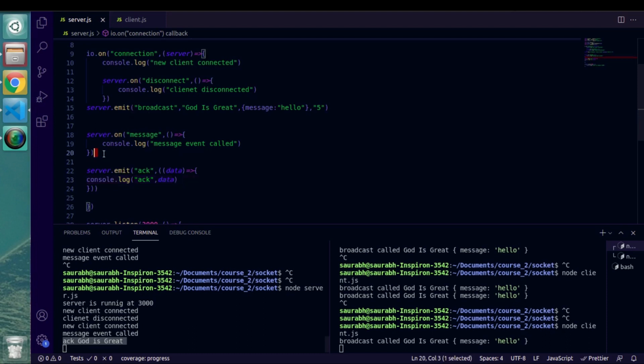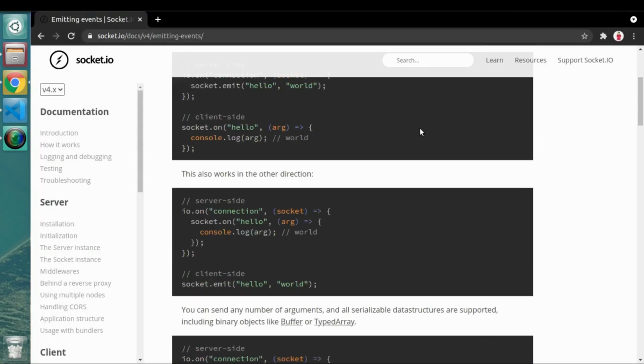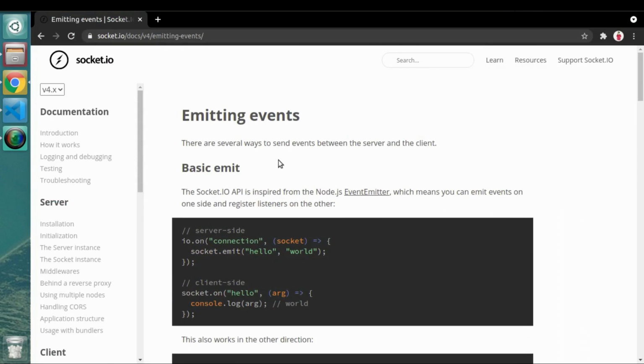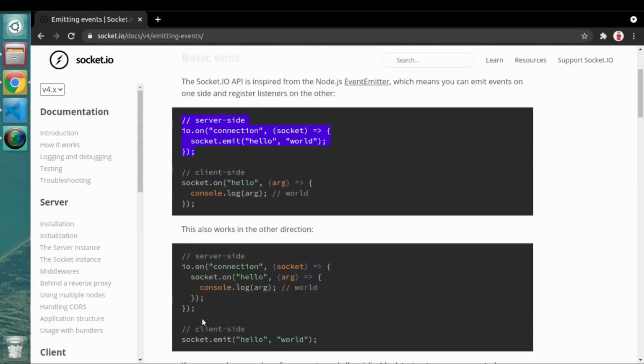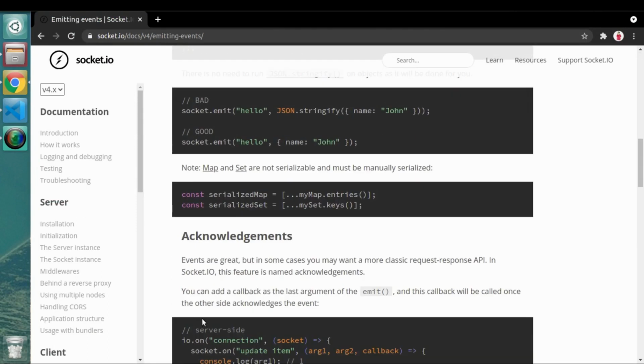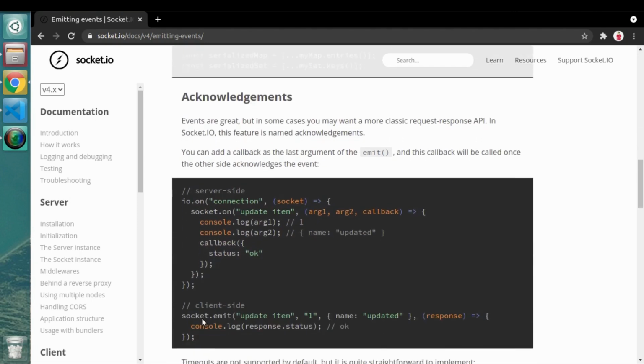We just covered two different ways. Let me quickly recap this. The basic event is basically nothing but declaring an event and just calling it. It's just a simple way. Acknowledgement events are those events where we can use callbacks and we can call it inside the function. So this is another way.